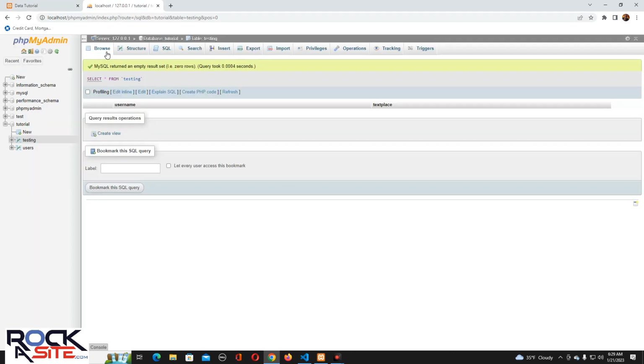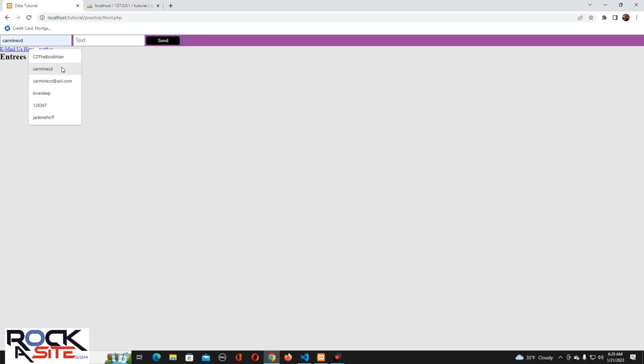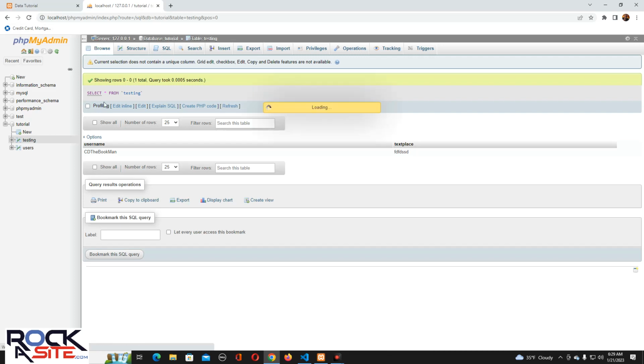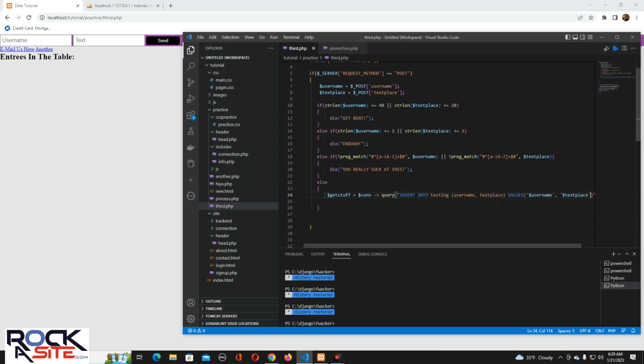So now it should work. If we go back here, as you can see, we have username, we have text place, right? And we could just keep doing this. And every time we do it, it just goes in. Now, you typically don't want to give the user the ability to just throw information in, but you can, if